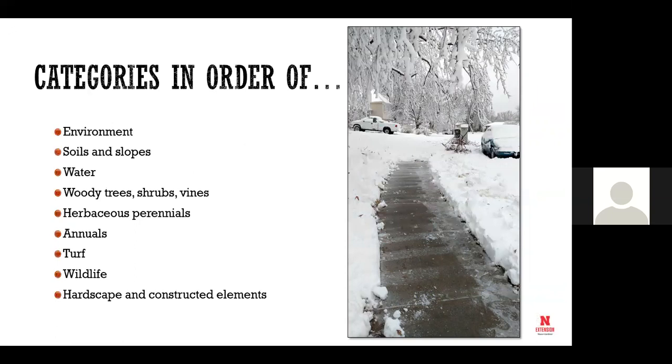That new house way south of Pine Lake Road in the middle of nowhere with nothing is a whole different environment than right smack in the heart of town. Whole different environment. And we do soils and slopes, because what is that soil? What is that slope? Water, the woody stuff, the herbaceous stuff, the turf, and we use turf actually as turf, not as a ground cover. Annuals, if you're an annual person, wildlife, and then the hardscape and the constructed elements.